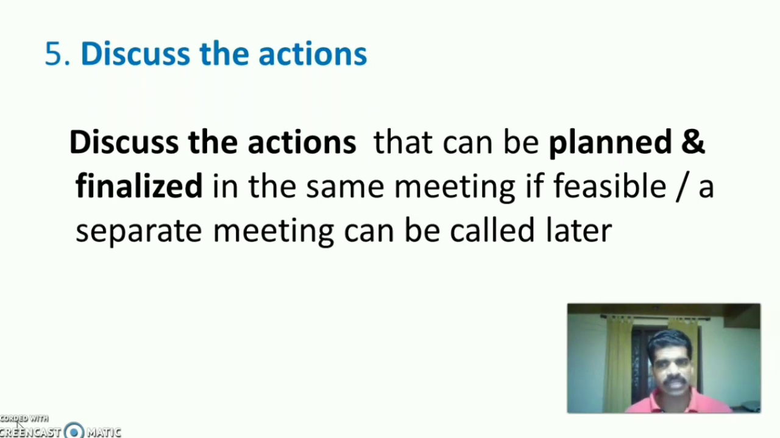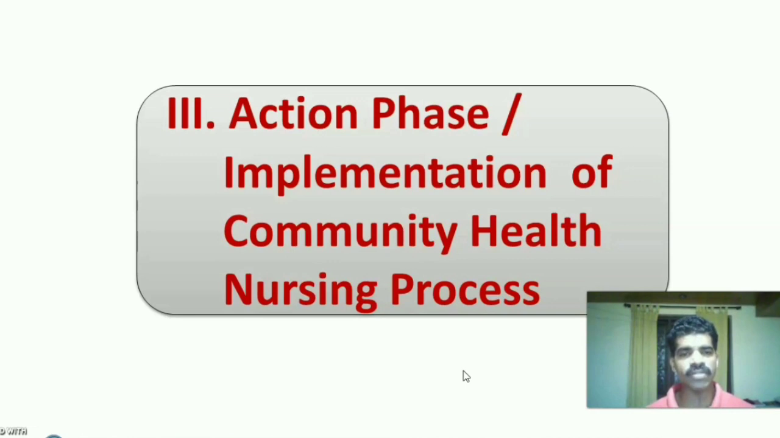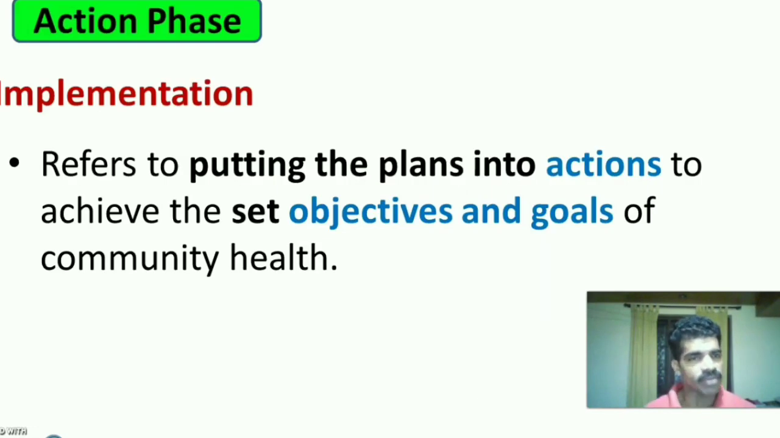So discuss the actions that can be planned and finalized in the same meeting if feasible, or we can call a separate meeting later and it can be discussed with the community people according to the finance and according to the available resources. So the third phase of community health nursing process is action phase or implementation of community health nursing process. The term implementation refers to putting the health plans into actions to achieve the set objectives and goals